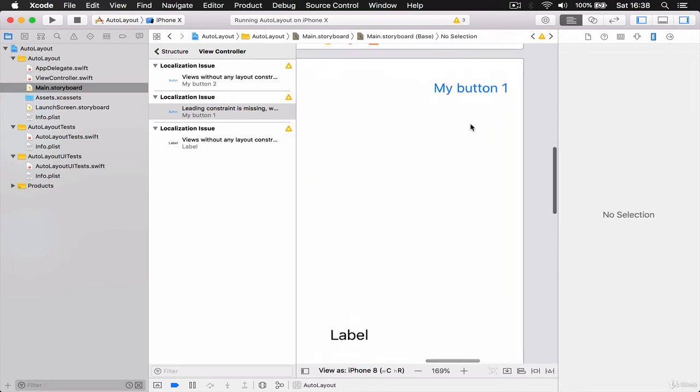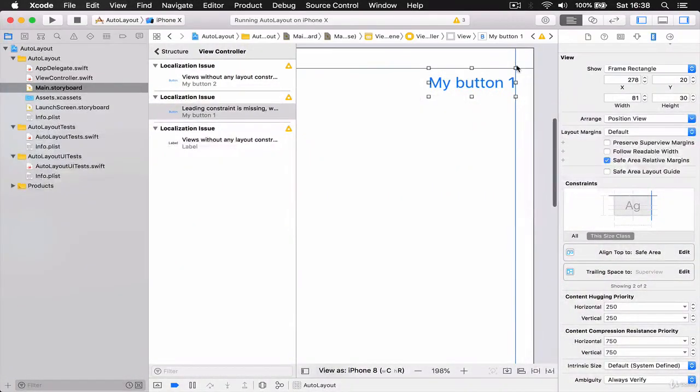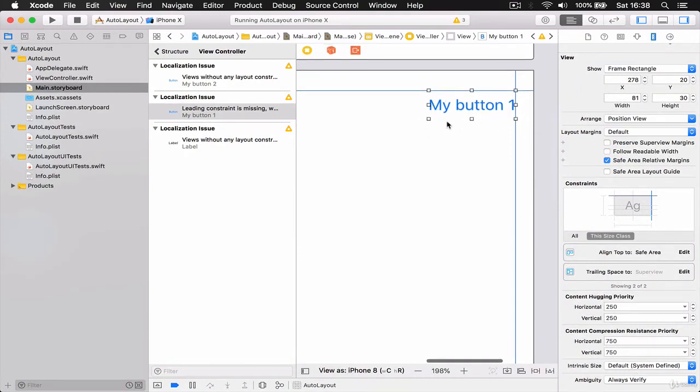So right now, our button, you see that we have all blue guidelines. It means that on the runtime, this button knows where it's going to be. That's why we have blue guidelines. The red means that it doesn't know where it's going to be, and the orange dotted line means that it will not be where you currently see it, and the dotted lines show where it's going to be on the runtime. So if we go back,